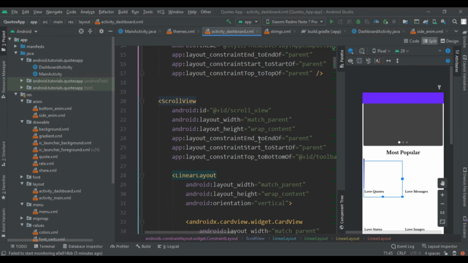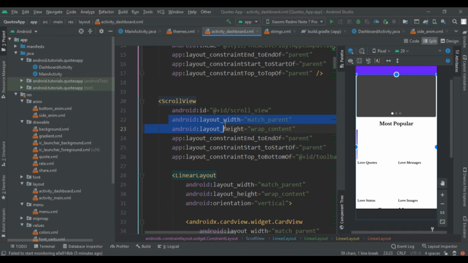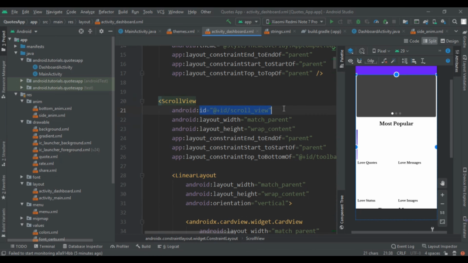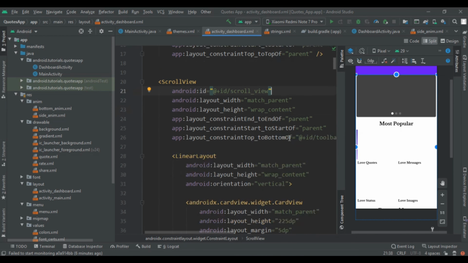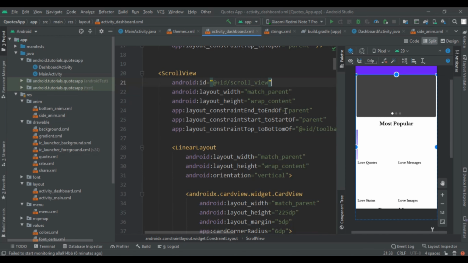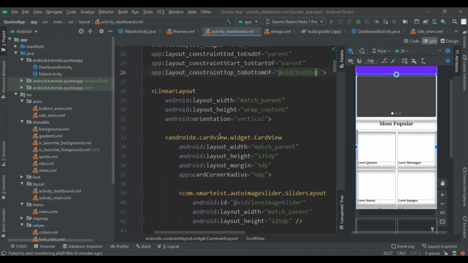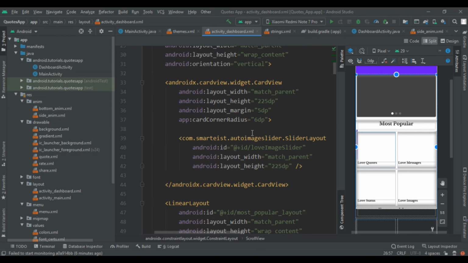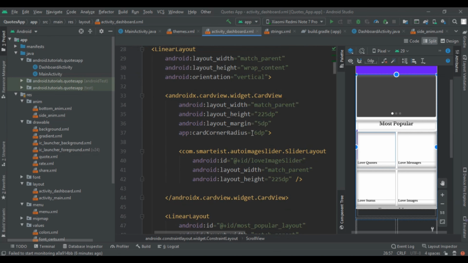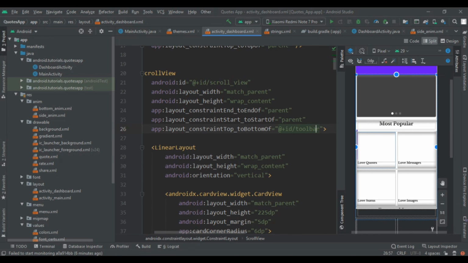So here you can see that I had added a scroll view, and in that I had given its ID, which we will need in our upcoming tutorials, and given its width to be match parent and height always be wrap content, and given its constraints as I said: one is from below the toolbar, and second both sides are in the parent of our application.